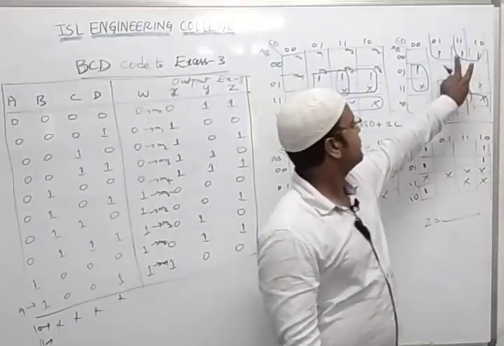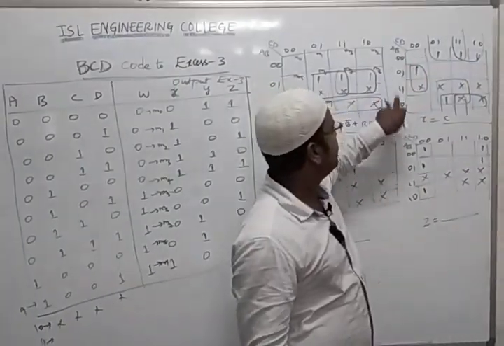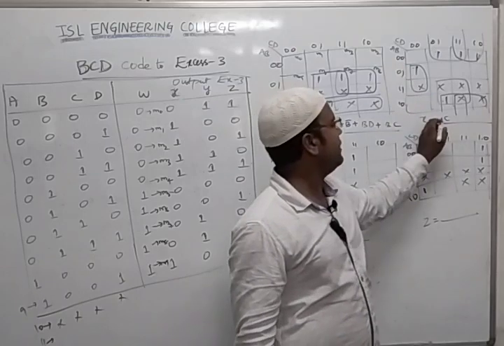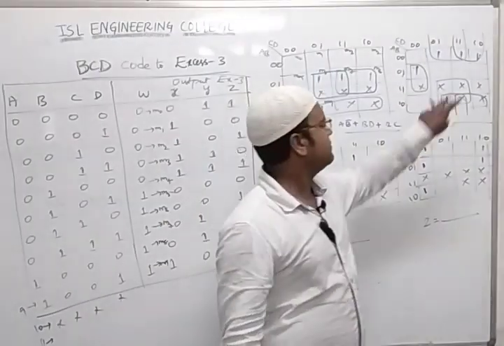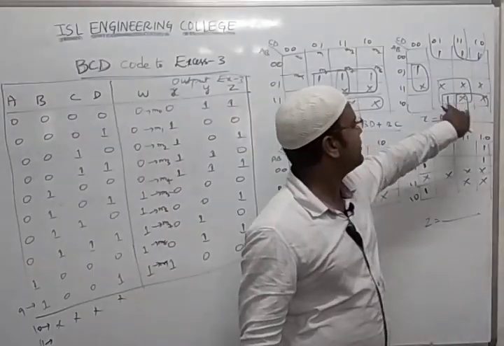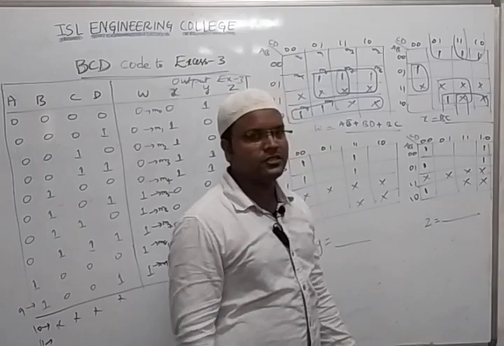What about the next thing? Row wise. Here is the row, here is the row. So B is 0 here, B is 0 here. So I can write B bar C for this combination I did. Now next, for this you see this one and this one I can make a combination, so I made that combination.